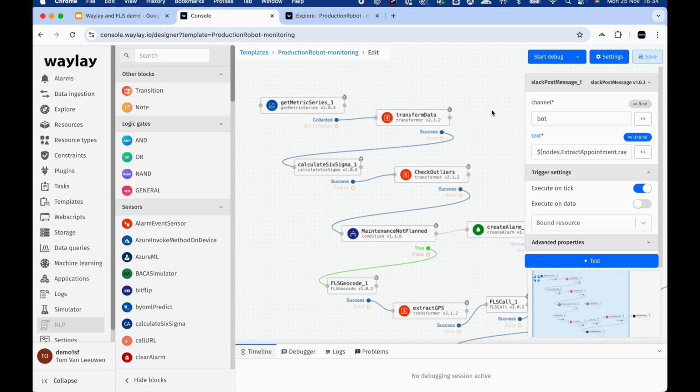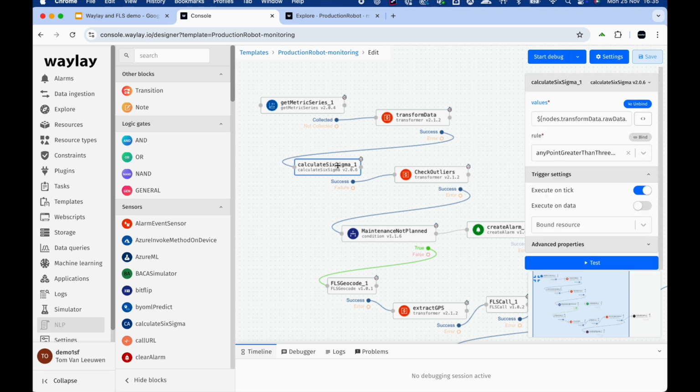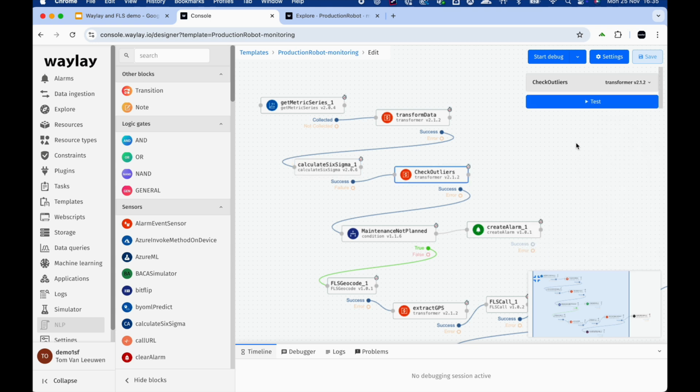detect anomalies. This rule is going to run on a continuous basis, continuously evaluating the received motion drive current and calculating particular KPIs, and we call them Six Sigma KPIs, to check for outliers. These algorithms that are being used here are standardized algorithms. In this case, we are going to check any point that is greater than 3 sigma versus the mean. We are going to consider that as an outlier, right? So here we are checking for outliers,